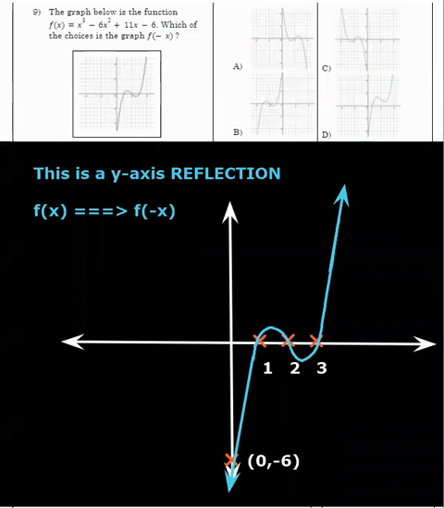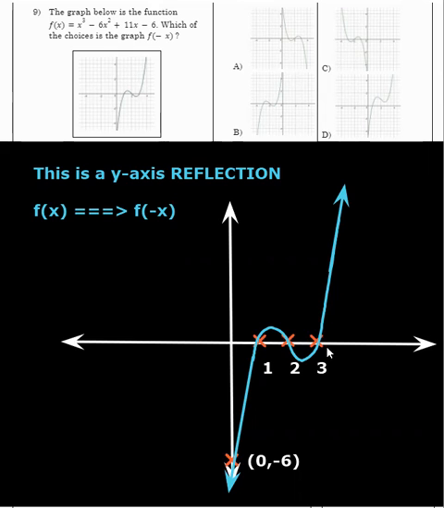Question 9. The graph below is the function f of x equals x cubed minus 6x squared plus 11x minus 6. Which of the choices is the graph f of negative x? Well, here I figured out that if I plug in x equals 0, then it'll be 0 minus 0 plus 0 minus 6. So the y-intercept is at negative 6. And then I plugged in x equals 1, and we get 1 minus 6 plus 11 minus 6, which is 0. Also, if you plug in x equals 2, believe it or not, that's the next root, the next crossing point,